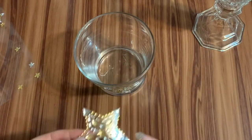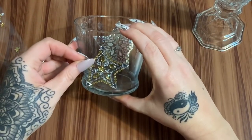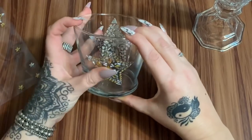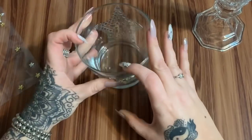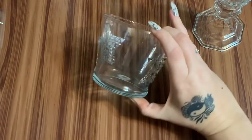And I'm going to try to go directly behind that one on the opposite side and stick that one down. I'm just trying to space these evenly because, you know, they are different sizes. So I kind of want the big one to be towards the front, like the focal point. So I have that one there. And then let's take this one. And then we're going to go over here